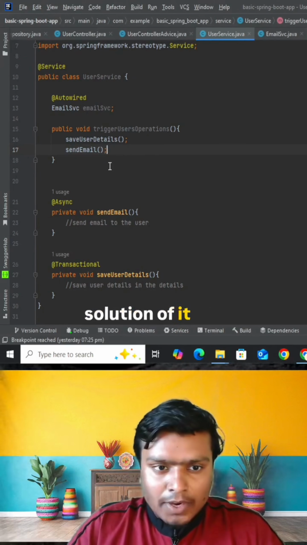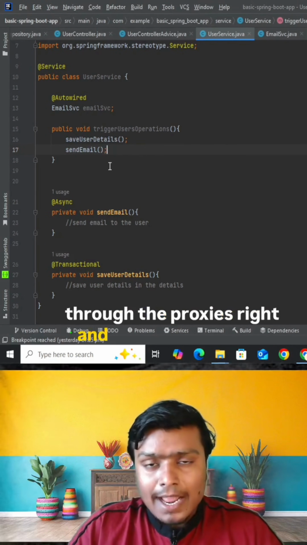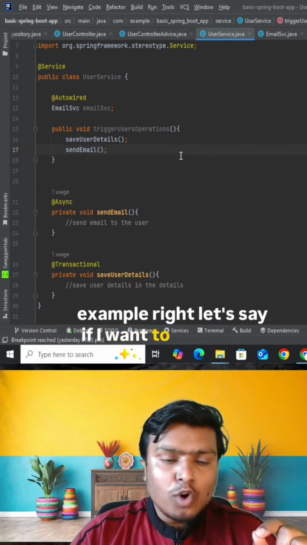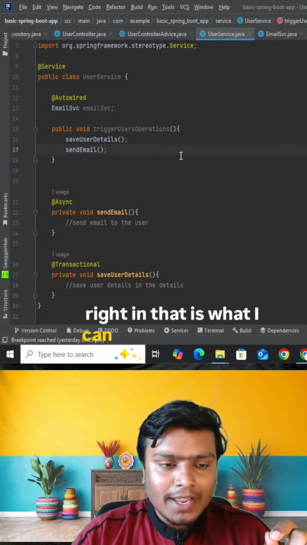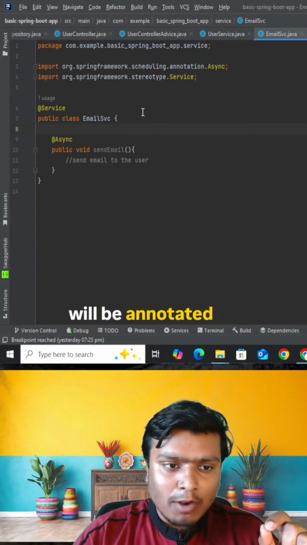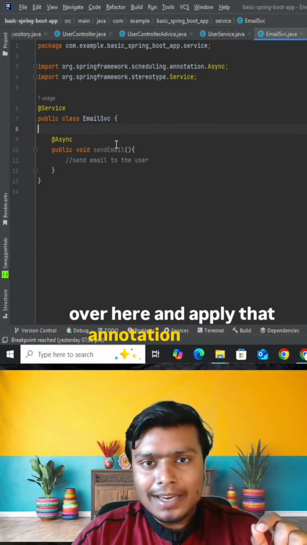So what's the solution? What you need to ensure is that whatever call you are making, it should go through the proxies, and the proxies should not be bypassed. Let me show you an example. Let's say I want to send an email. In that case, I can create another class called EmailService, which will be annotated with @Service, and I can put the sendEmail method over here and apply that annotation